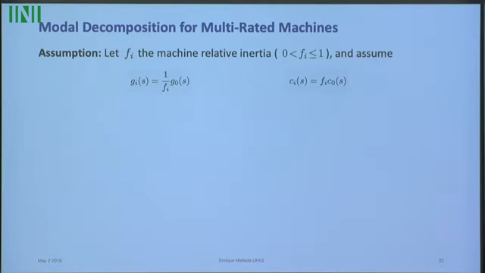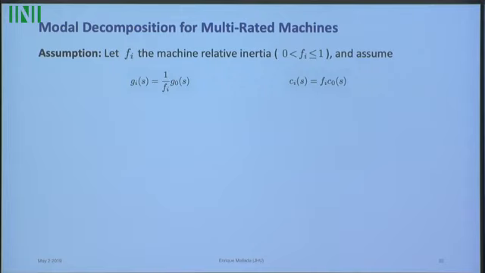And to do that, I'm actually going to make an assumption. So it's going to be a stylized analysis, meaning that what I'm going to assume is essentially that the transfer functions of your machines are proportional to each other, where this Fi is essentially the relative inertia of each generator, of each pass. Okay? So you pick the maximum inertia, and you use that to divide every other one, and then there's going to be one that is 1, and then the other ones are going to be